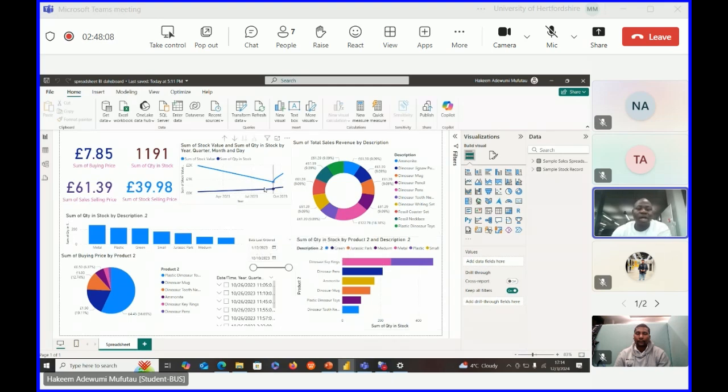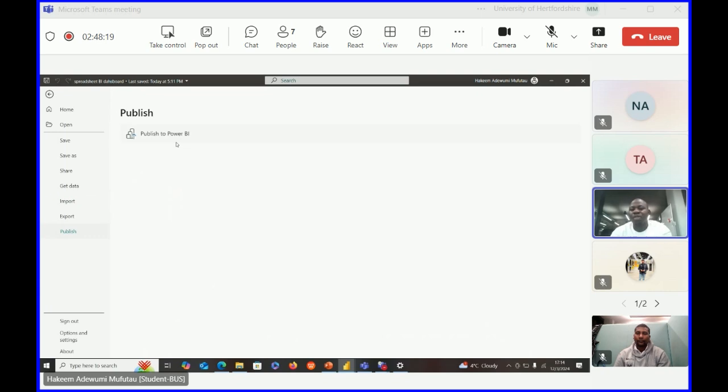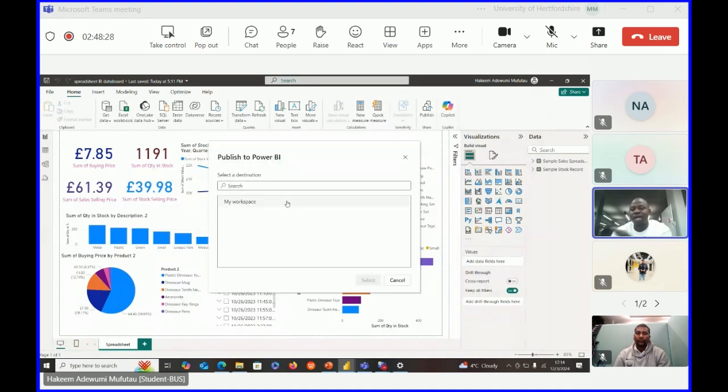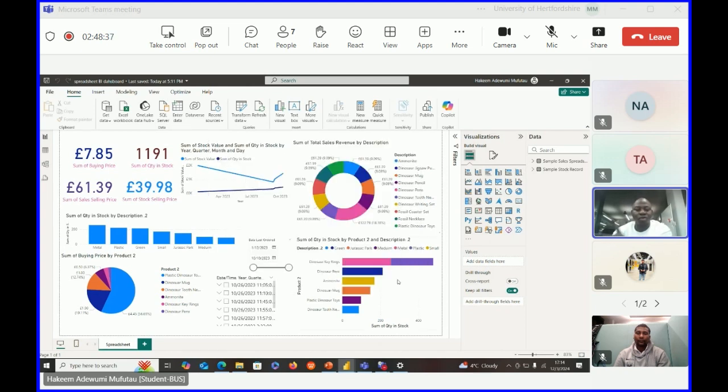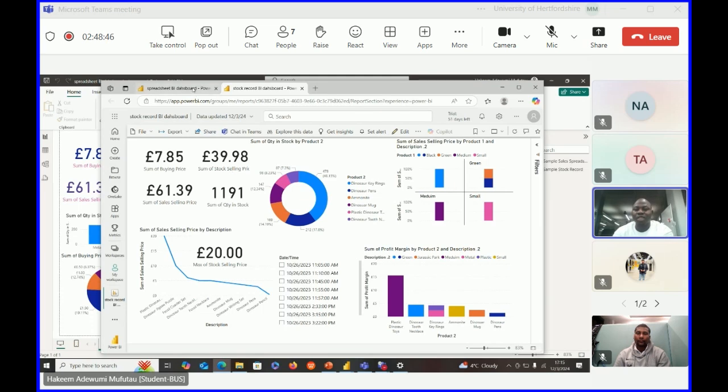So in this Power BI, let me briefly show how we can publish it. When you go to File, come down to Publish. After you click on Publish, you publish to Power BI. From there, it will take us to the workspace, which I don't really want to go to because it will overwrite my previous program that I've saved. We did it for both the spreadsheet of sales and the stock record of sales. So in my cloud, I have my URL, and it has been saved into my URL. This is the URL of the spreadsheet of the sales, and the other one is the stock record of the